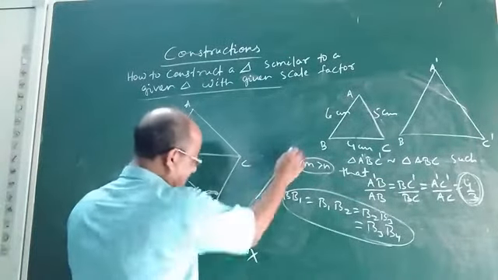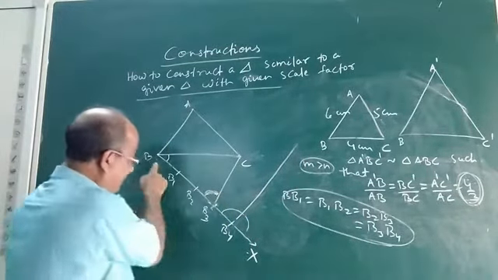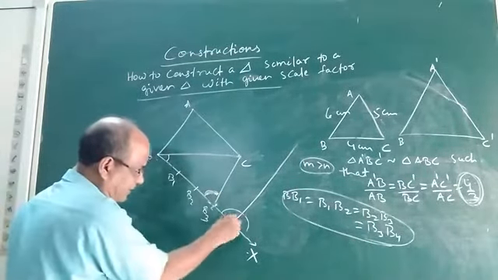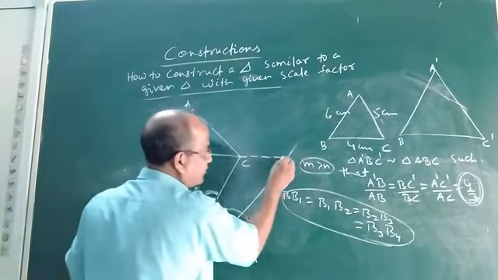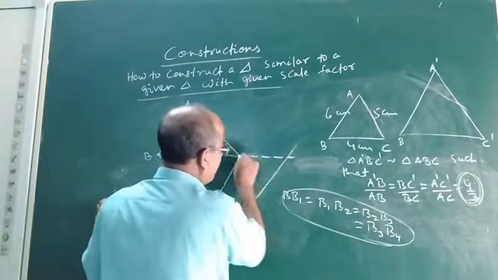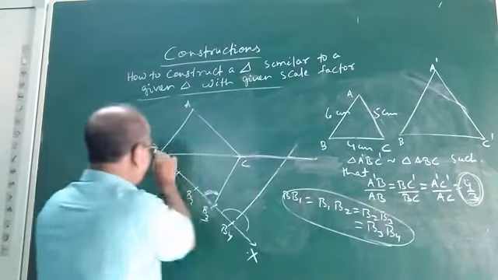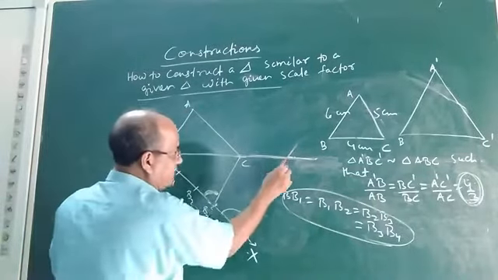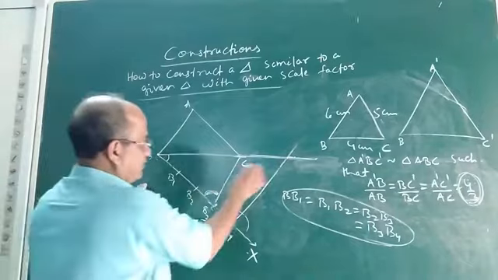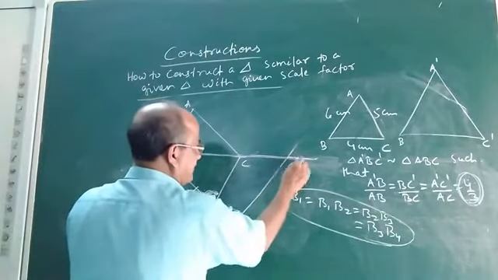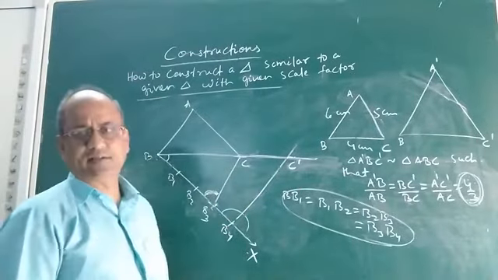Now what do you do after shifting the angle? After shifting this angle B3C at the point B4, you produce this line. See, I am producing. Look at it. Now I produce this line. So what happened? If you extend this line, this line will intersect at a point. Okay. Now, suppose this point you name it C dash. Okay. Now you got C dash.